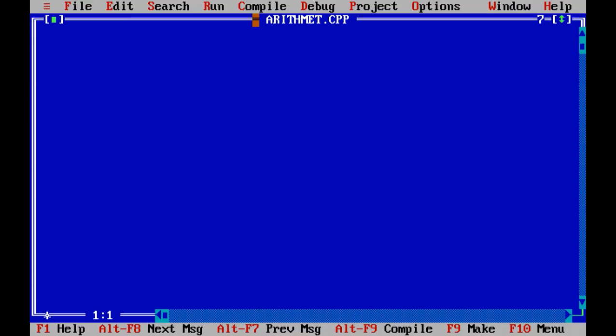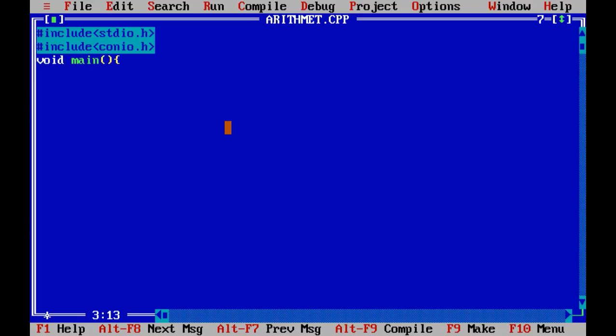This is our code blue screen, or we can say developer screen, or IDE, where we write code. And here is the name of the program, arithmetic operator. Now let's write the code. Hash include stdio dot h, hash include conio dot h. Now main function with return type void.